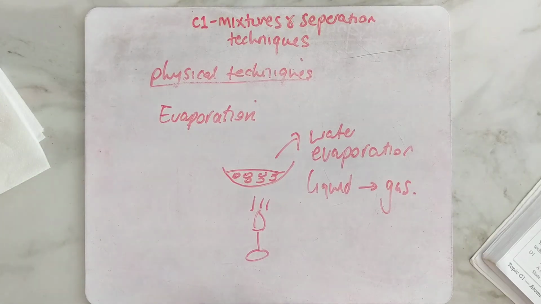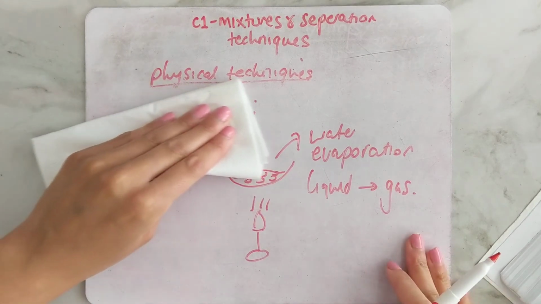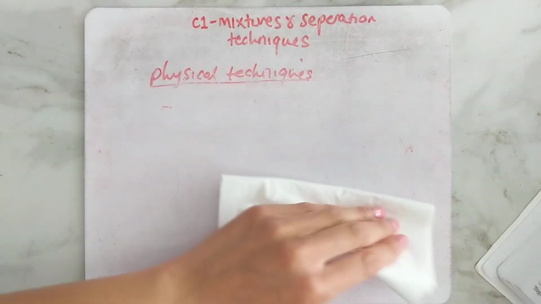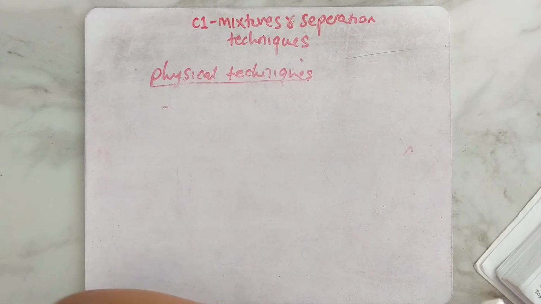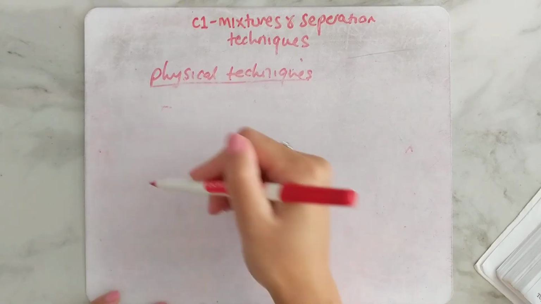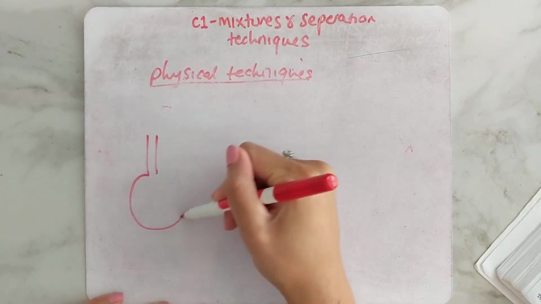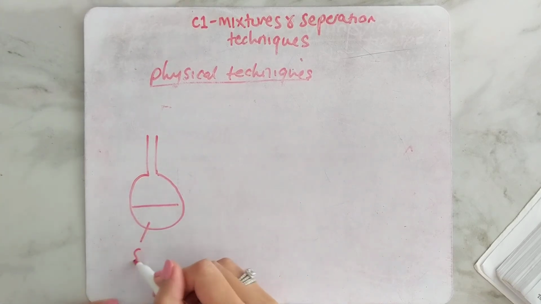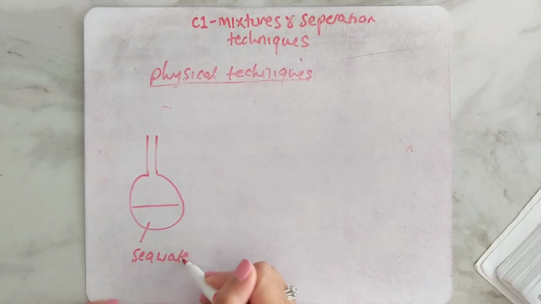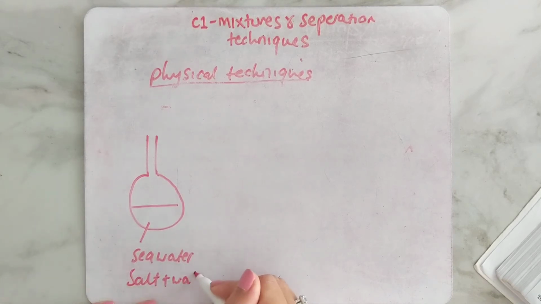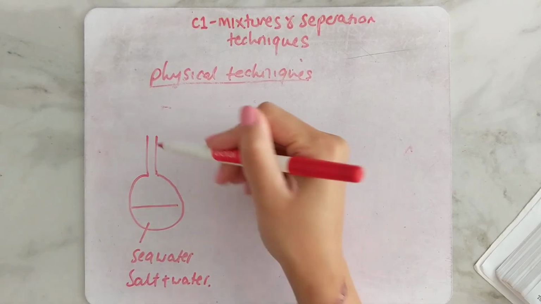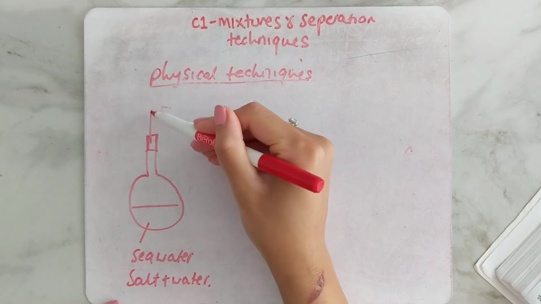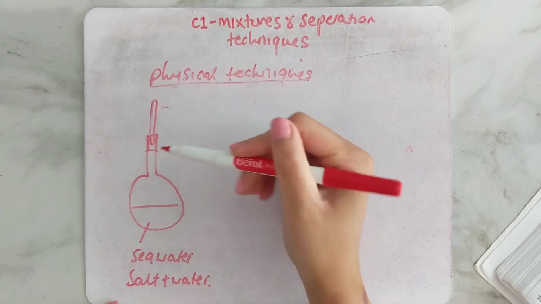So distillation is using a condenser. So here is my conical flask. I'm going to try and draw this the best I can. So this is seawater, and seawater contains salt and water. Okay, so we want to separate out the salt and water. So here I've got my bung, I've got my thermometer, and